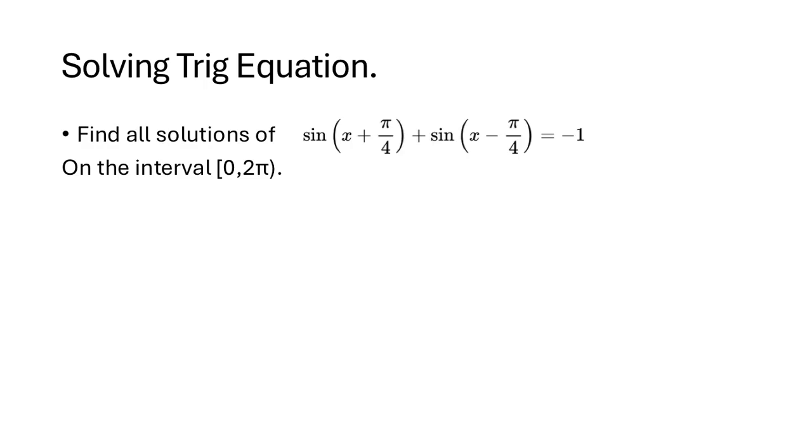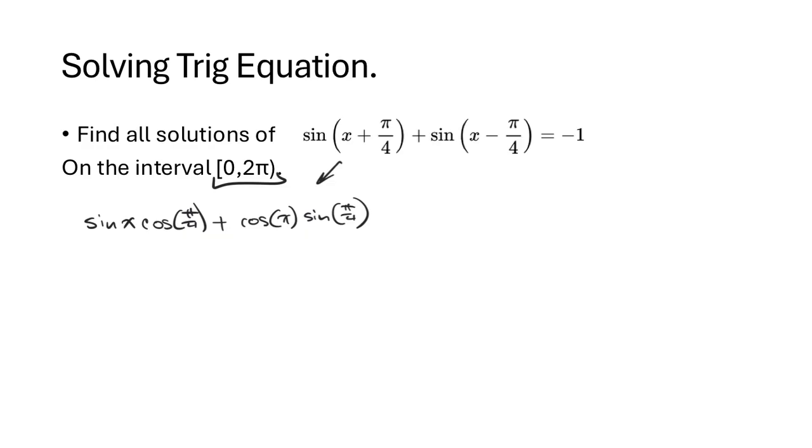Easy peasy. So now, solving a trig equation that has sums and differences and double angle formulas. There's a lot going on here. But if we just take it one step at a time, we'll get to our solution here. And we've restricted our interval here between 0 and 2 pi. So first we have a sum formula for sine, and then we have a difference formula for sine. So let us write out what they are. So for the sum formula, we take sine of the first angle measure times cosine of the second